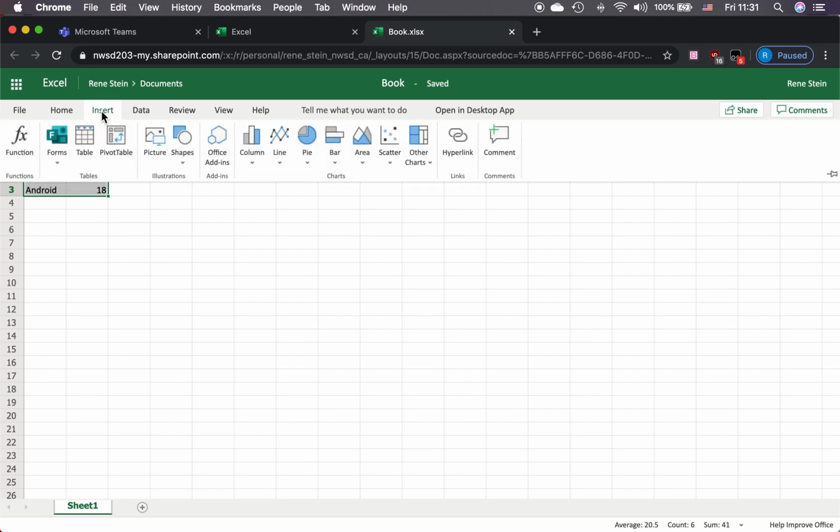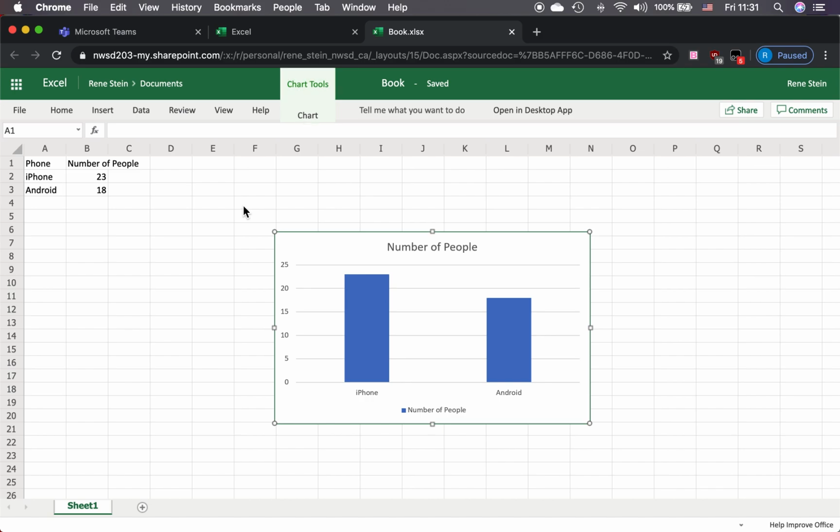And I'm going to go to Insert, and it says Column Graph here. So I'm just going to do a 2D column graph. There's line graphs, pie graphs, bar graphs, area graphs, scatter graphs. There's a whole bunch of different kinds of graphs. I'm just going to click on 2D column. And there it is. There's my graph. It's got a bar for iPhone. It's got a bar for Android. It's a bar graph. There's nothing special, but